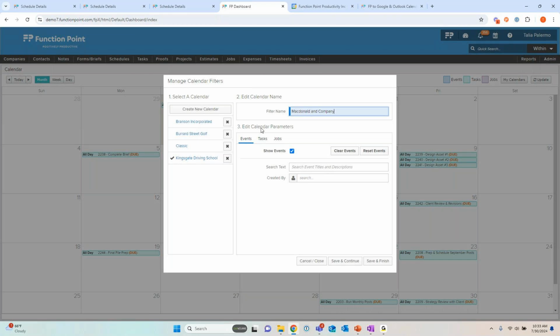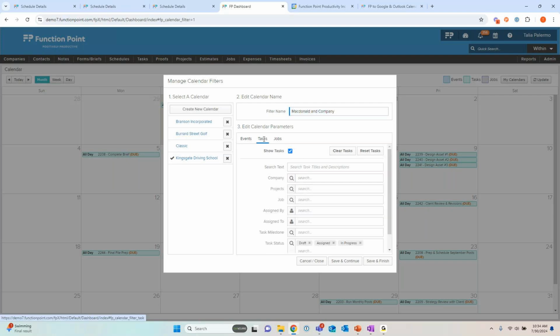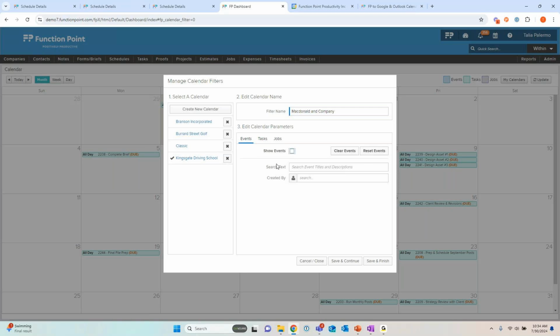The first one is events. And if you've never seen this calendar before, you're like, what is an event? They are quite literally just small little things you can put on your calendar. They only exist on the calendar for the time being. And it can be just like team lunch. You don't track time to them. They don't really get assigned to anyone, but they're just nice little placeholders in your calendar and reminders. And I'm going to turn them off for this because they're not really relevant to the type of filter that